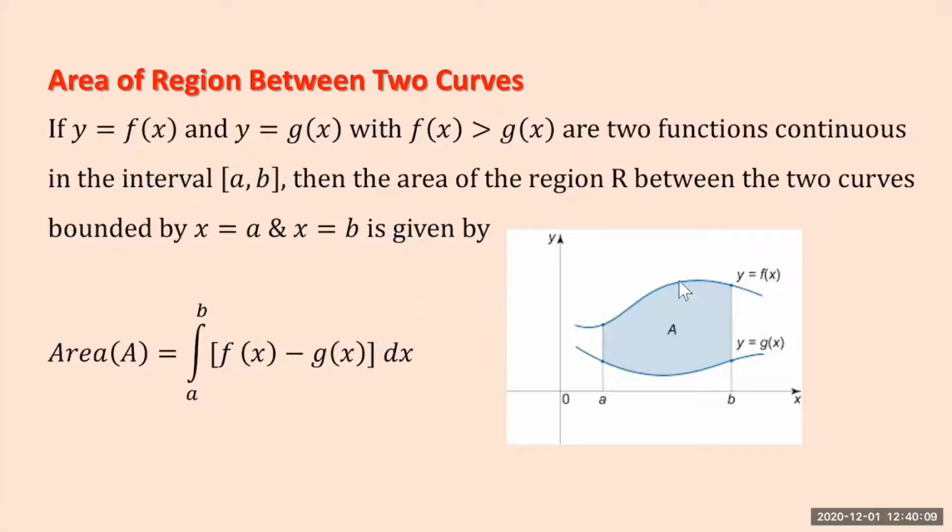See, here we have y equal to f of x. Here is the other function, y equal to g of x. And I want to find this area between these two curves from x equal to a up to x equal to b. So this area is the definite integral from a through b of the upper function minus the lower function, f of x minus g of x, integrated